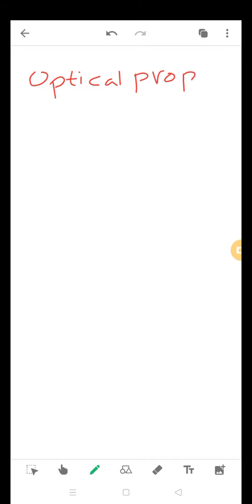So if we have a beam of light incident at an angle theta 1 at an interface separating two mediums, one having refractive index n1 and another having refractive index n0,